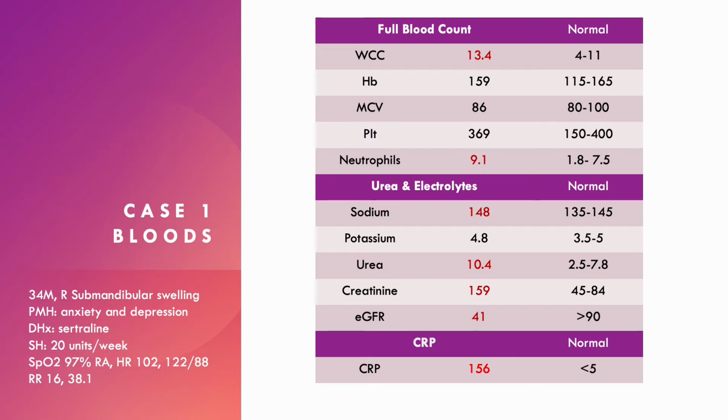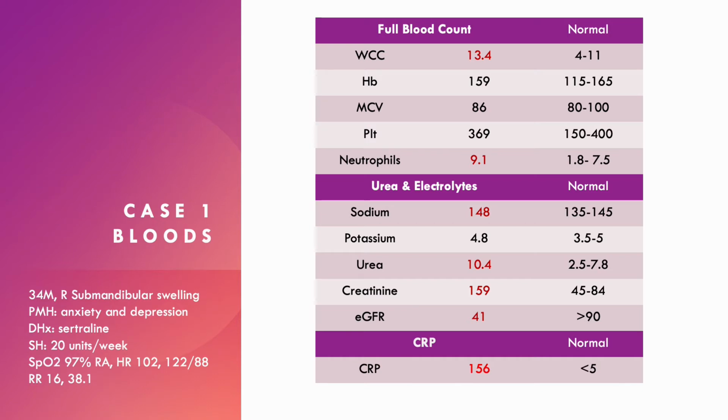You can't make this estimation unless you have a previous blood test. You want to compare and see if the eGFR is the same or is it a drastic change. If it's the same, the patient is likely to have chronic kidney disease. If it's a drastic change, this is more of an acute picture, and the patient would be likely suffering from